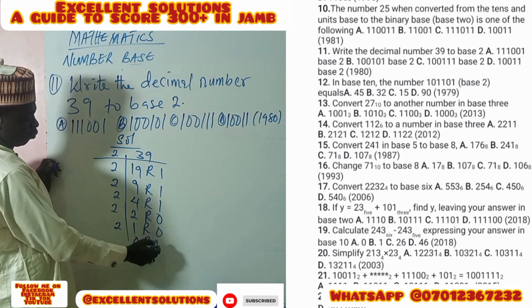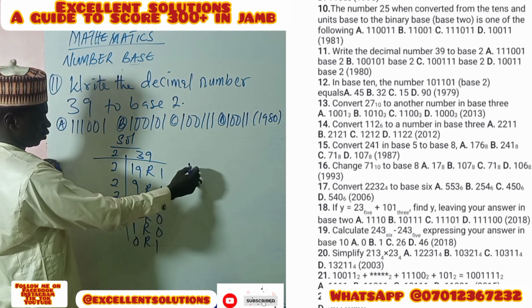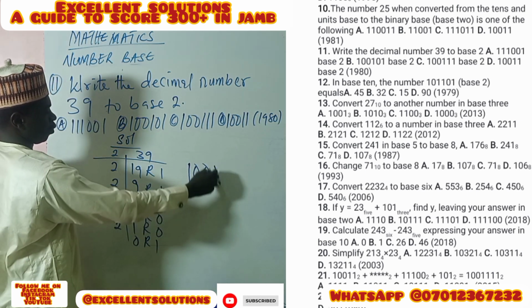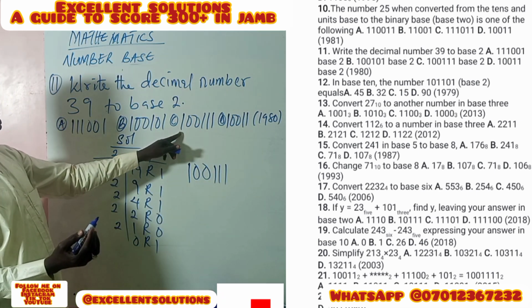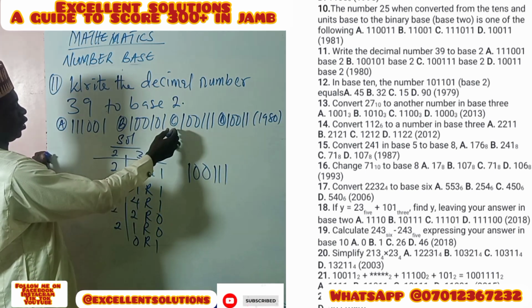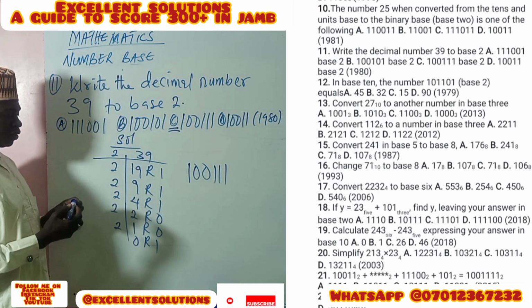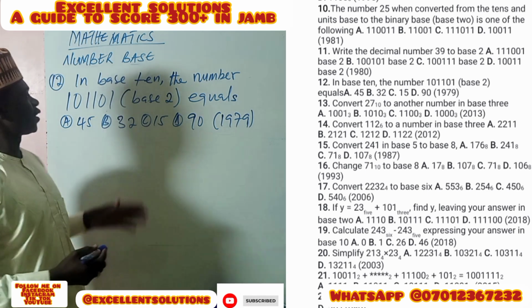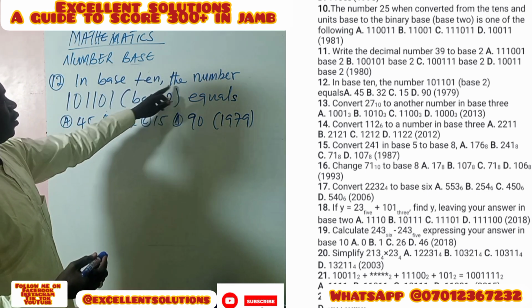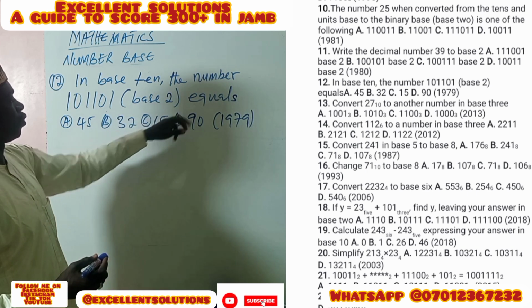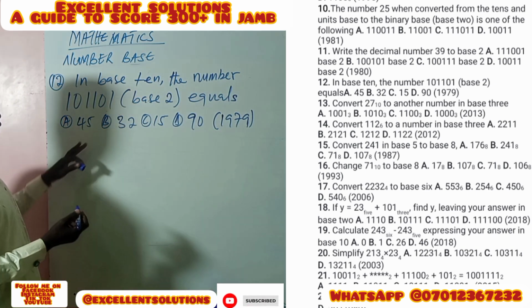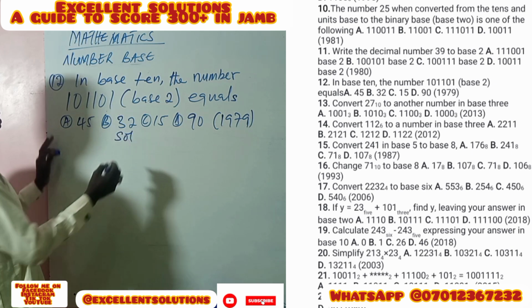So if we take our numbers, it is 1, 0, 0, 1, 1, 1. If we look at our option C, 1, 0, 0, 1, 1, 1, the answer is option C. Question 12 says, in base 10, the number 101101 base 2 equals. So one thing that we need to do, we are converting from base 2